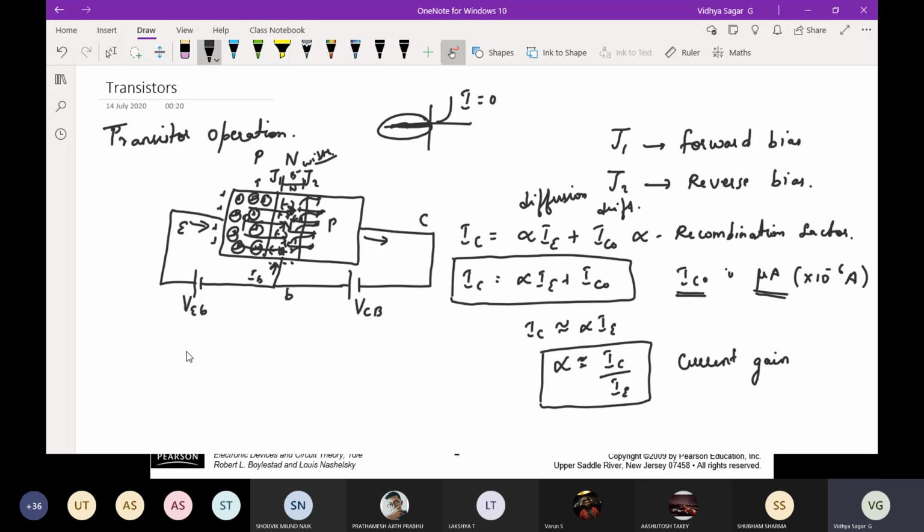Can I write it in this fashion? Yes, sir. Fine. So I could say that. How do I write the equation? So what is that, the current direction is correct according to you? Yes, sir. Is it correct? Sir, could you explain the direction of base current once again? That's what I'm asking. Is the direction of base current correct? The base current should be downwards.